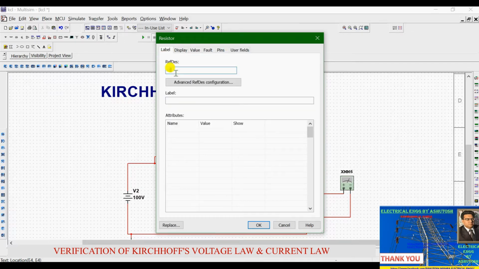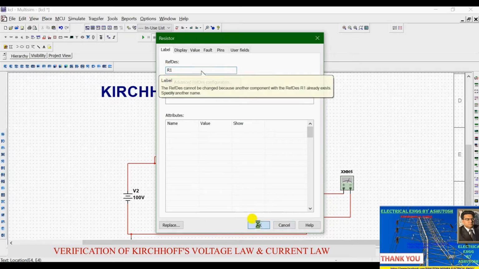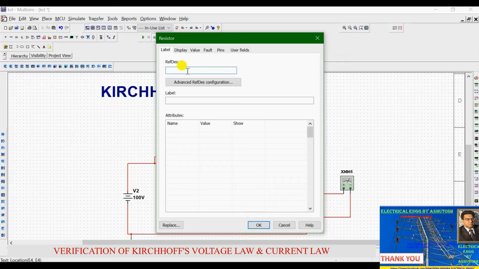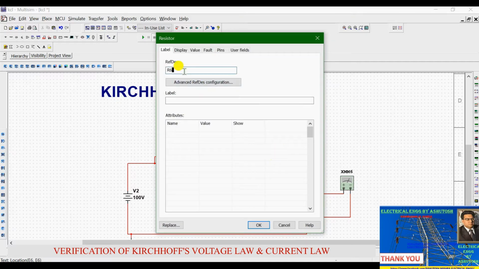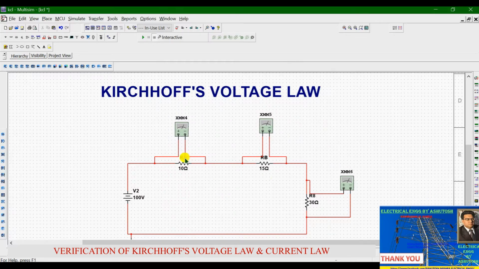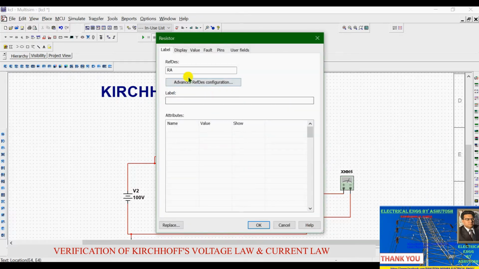R5 is written over here; if you write R1, it says it already exists, so you can write RA, and here you can write RB. Or you can keep the same names R5 and R6.